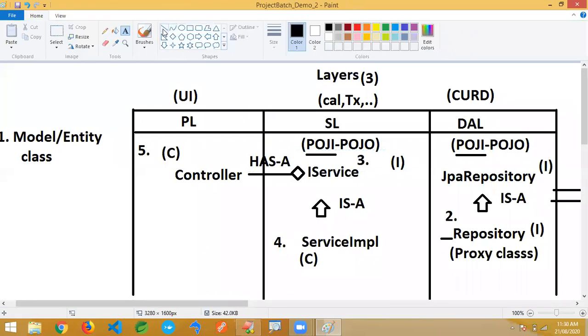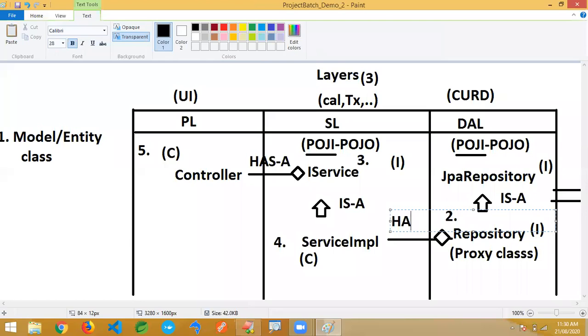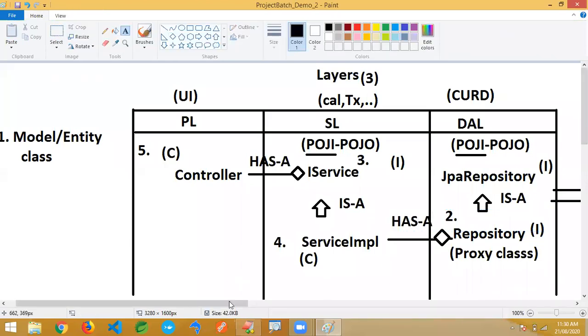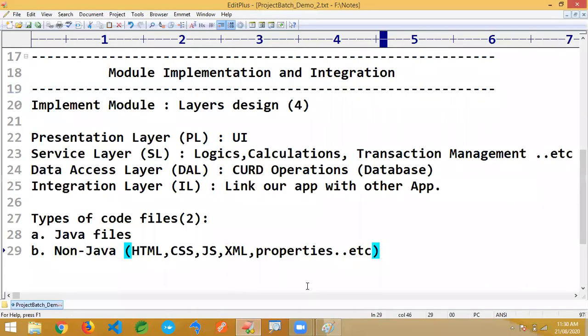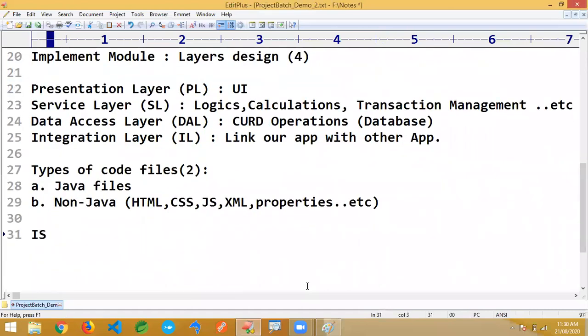It is going to create a has-a relation, a symbolic notation that I'm following. So understand there are two simple core Java things here: is-a, which we call inheritance.